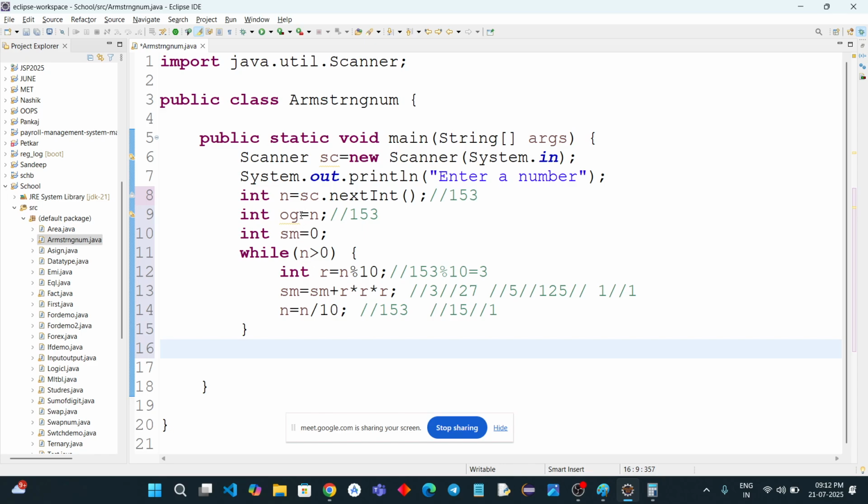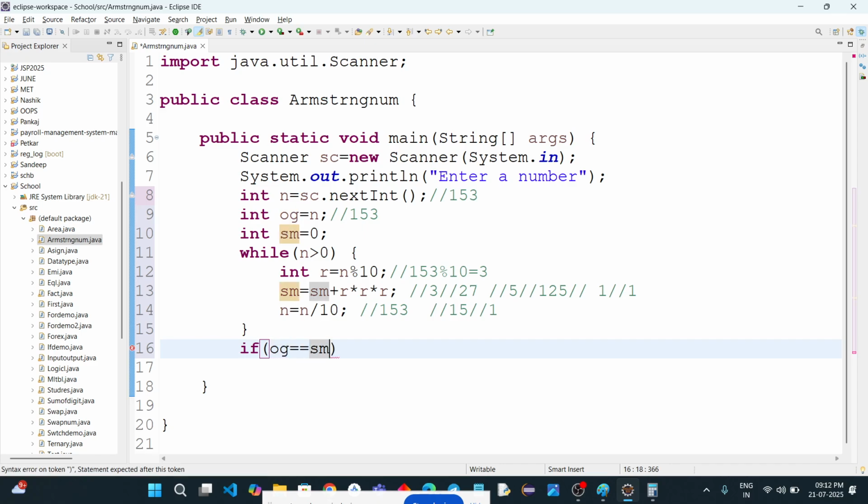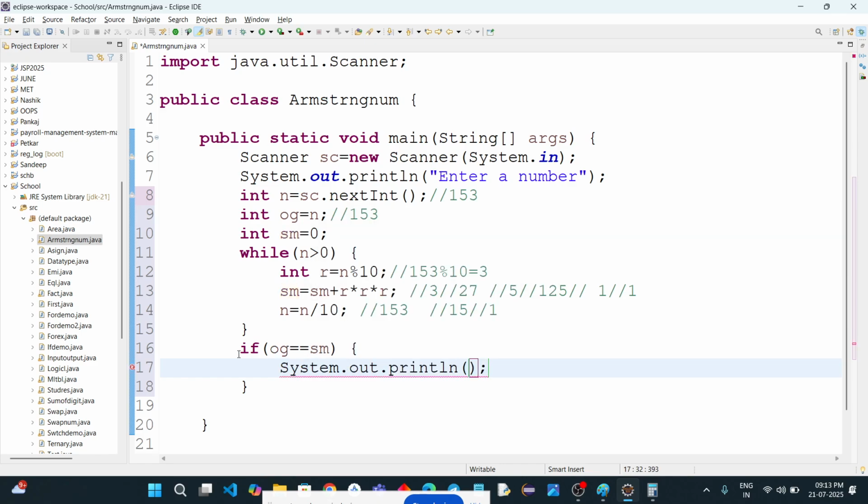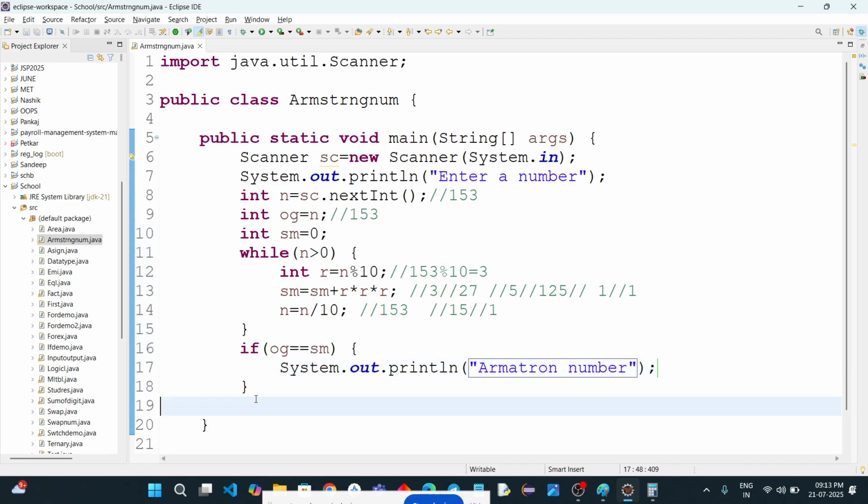We have stored the original number, so we add a condition: if the original number is equal to sum, meaning the sum of cubes of the separated digits equals the original number, then we print that the given number is an Armstrong number. Else,